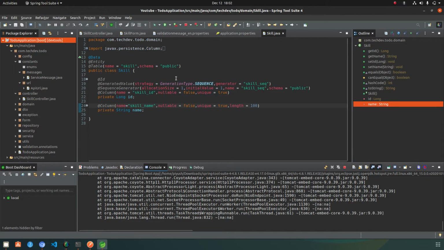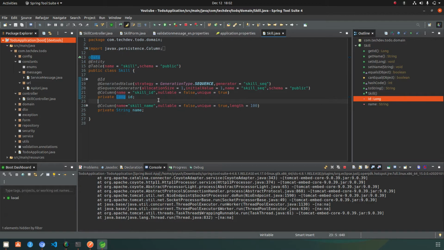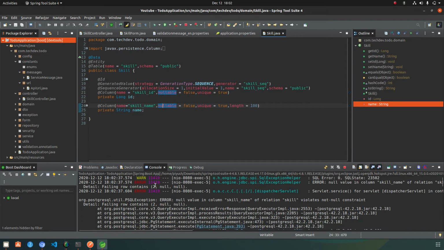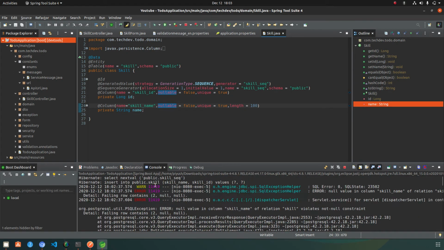Definitely, because we have already said in the constraint of the entity that the skill name should be provided, meaning nullable should be false. So if we try to save the request without validating the form data, it will definitely create a problem for us.